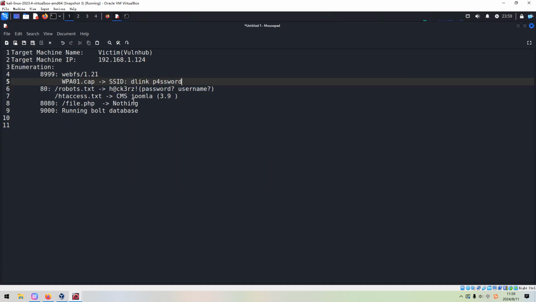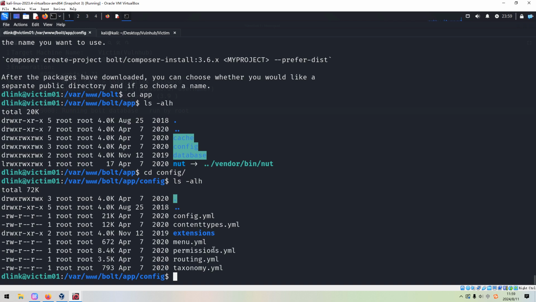Very important. So I think, which one? Maybe this one, right? Is run by root user. Config.